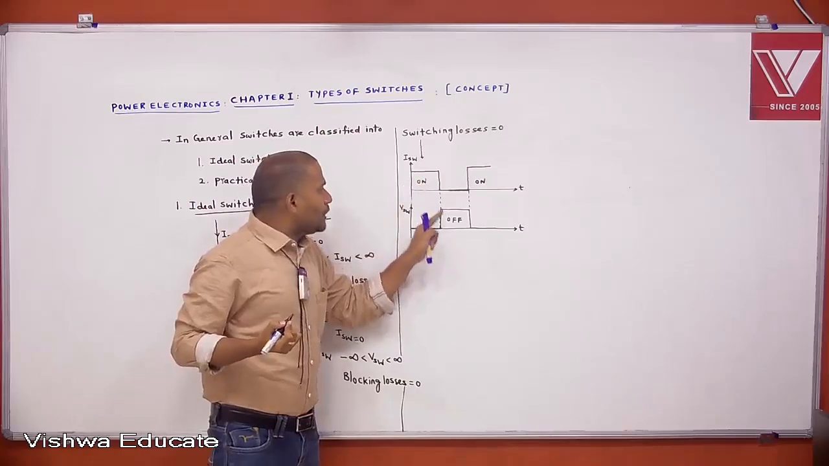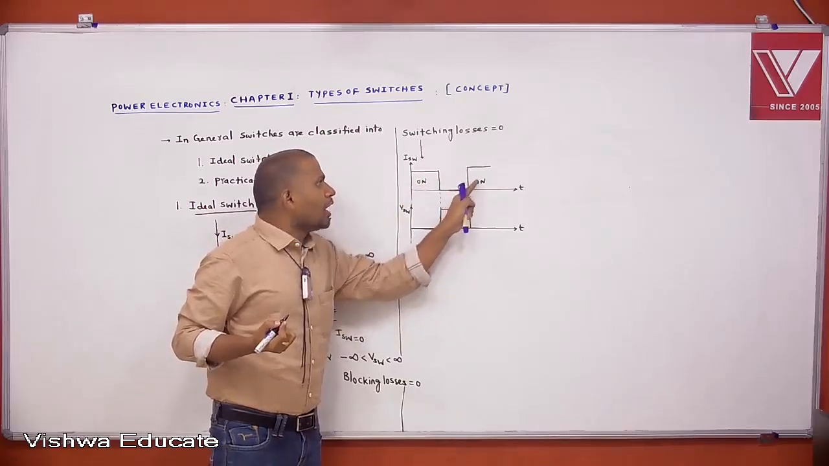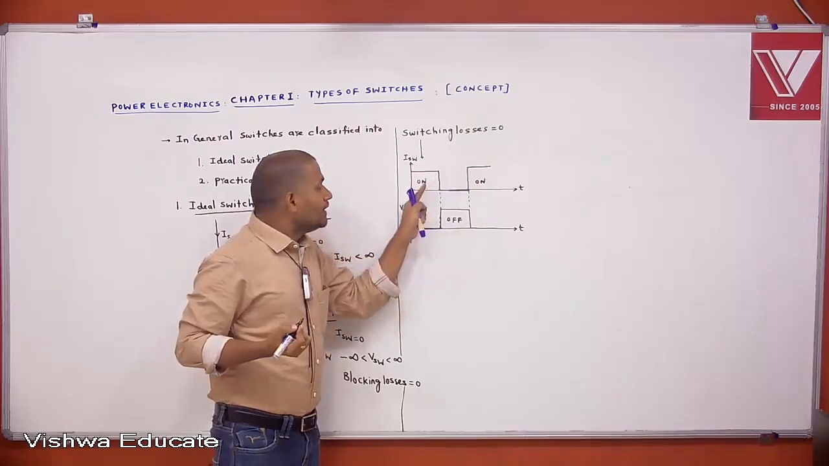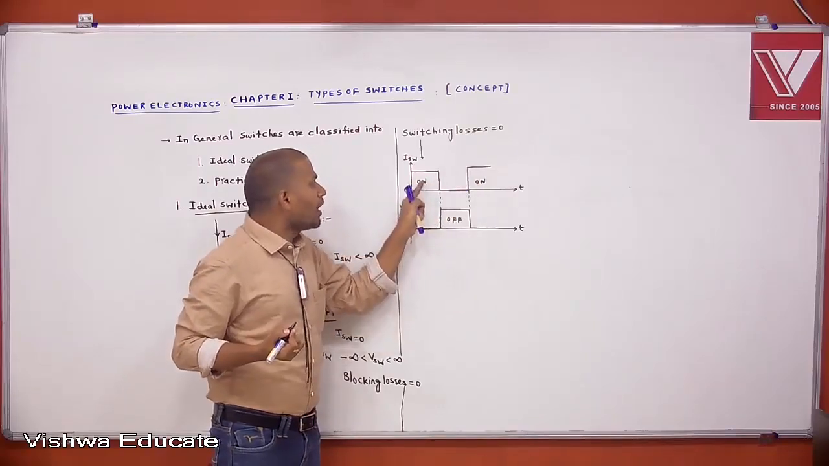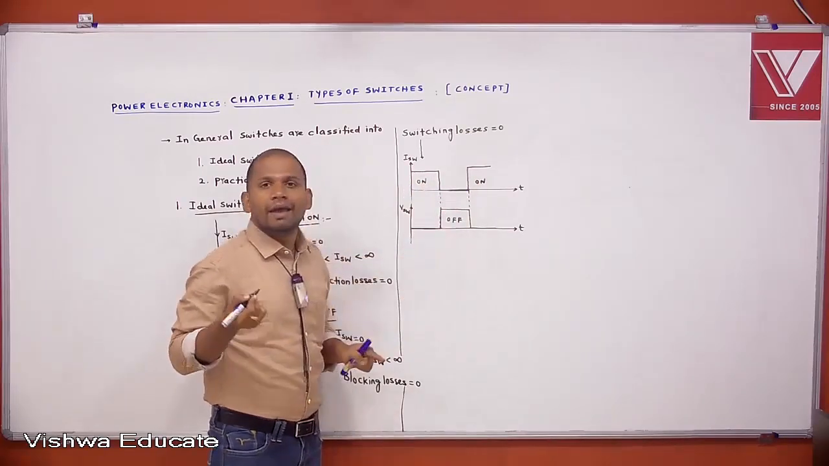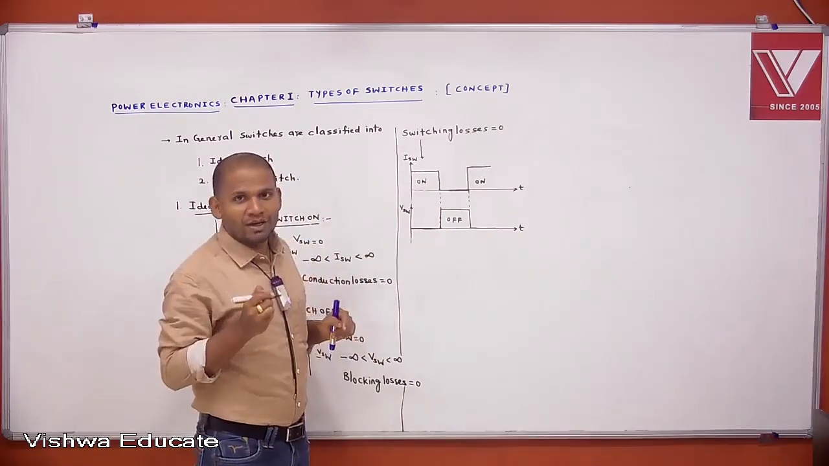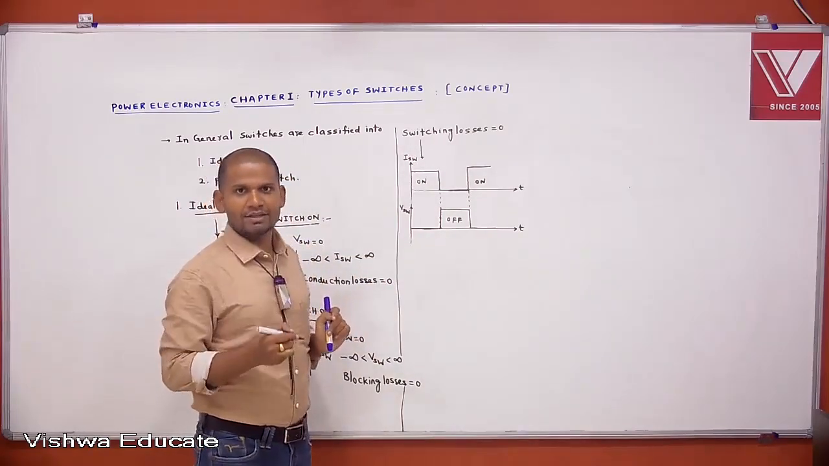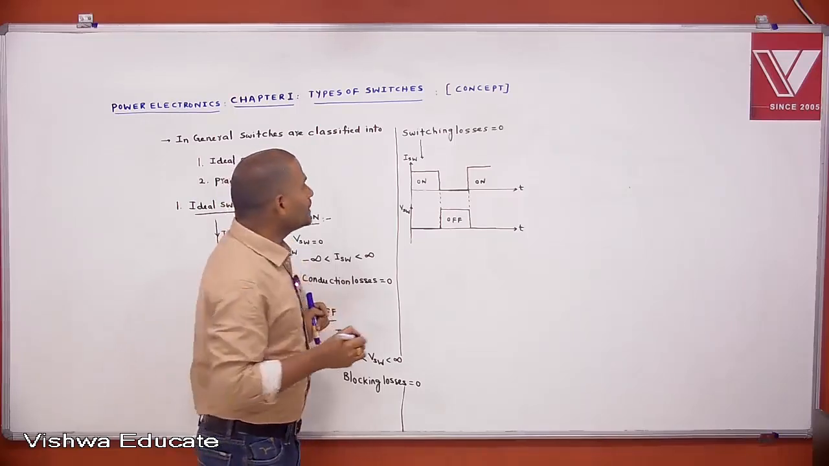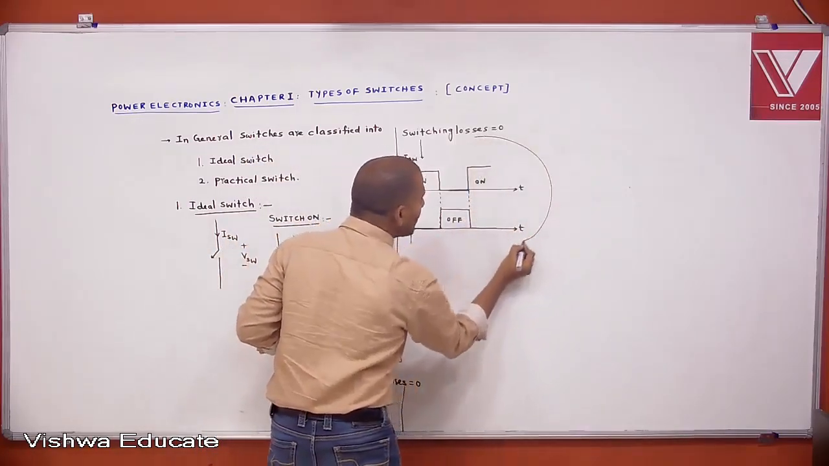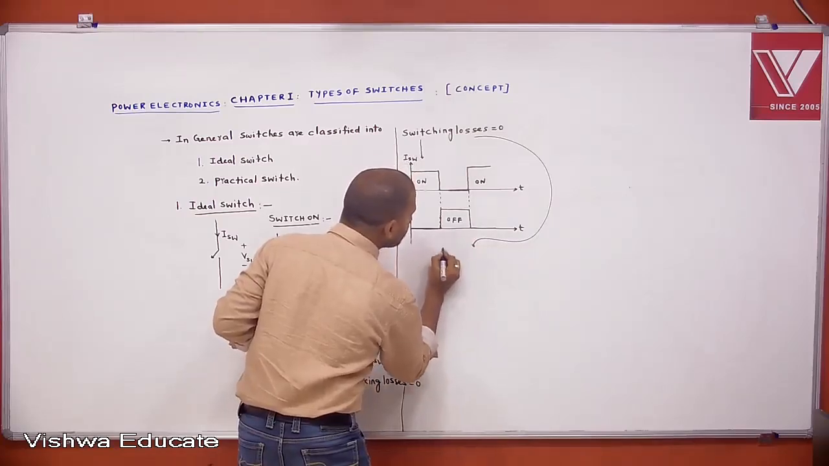From on state to off state and off state to on state, there is instantaneous switching from on to off and off to on. Hence, switching losses are 0. But practically it is not possible. That we will see in practical characteristics also. Why are the switching losses 0? Because